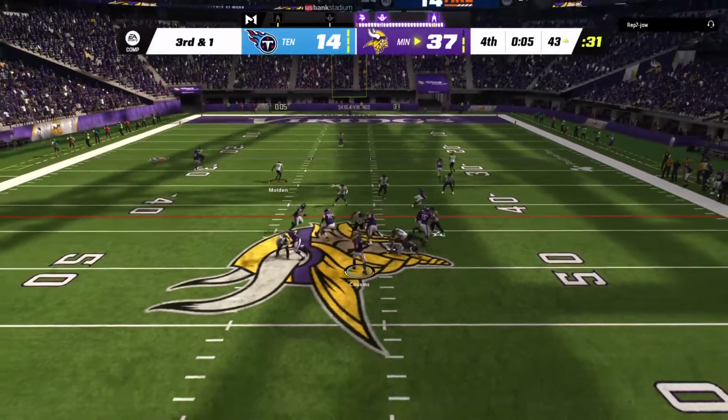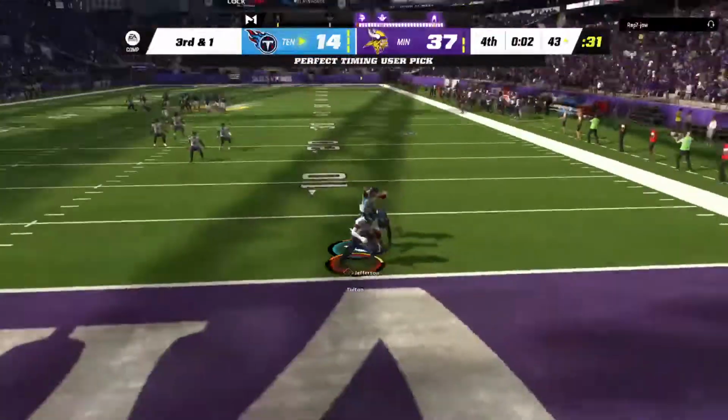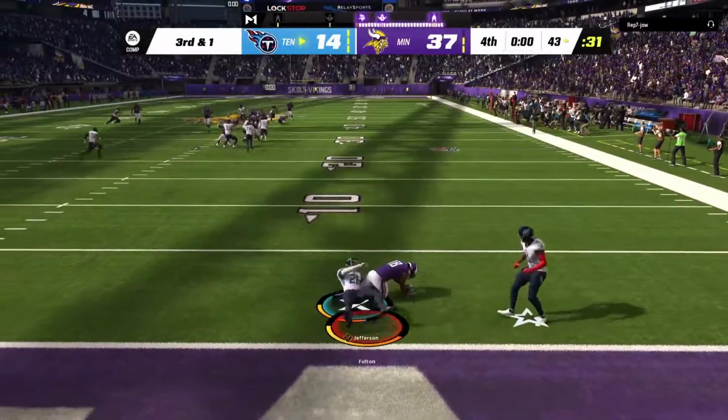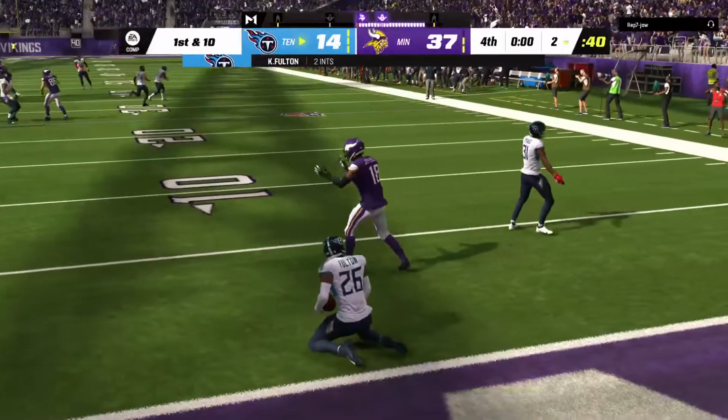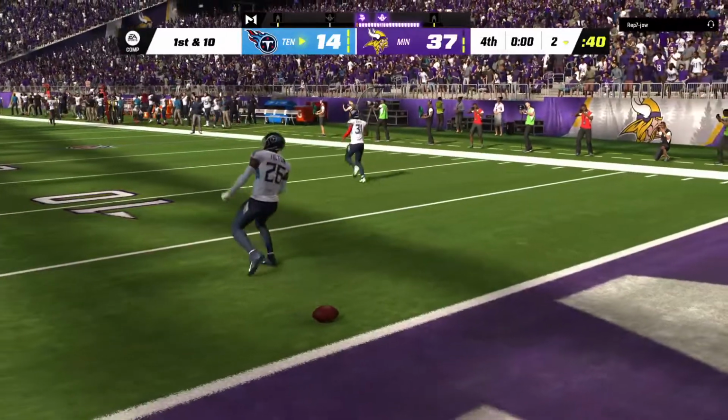Here's Cousins. Oh, going for Jefferson downfield. And his pass is intercepted for the 4th time today. Picked off by Christian Fulton. And the Titans come up with a late turnover, but it will probably only